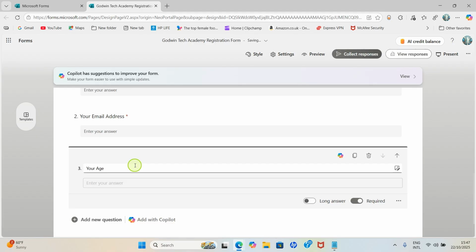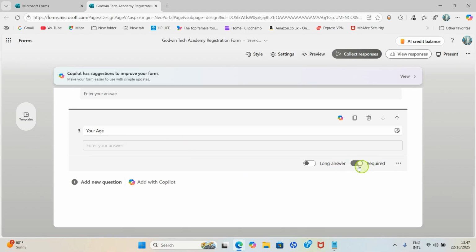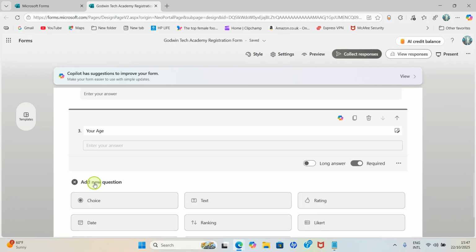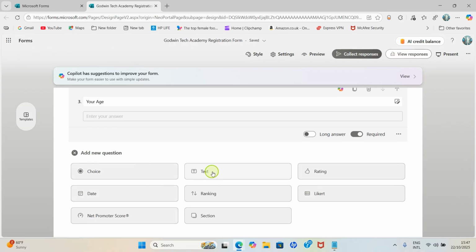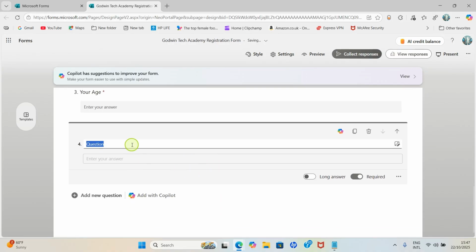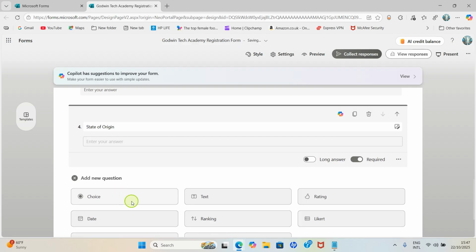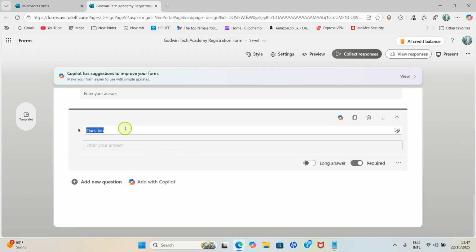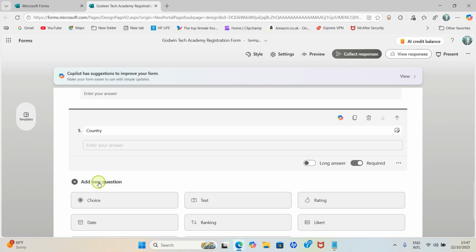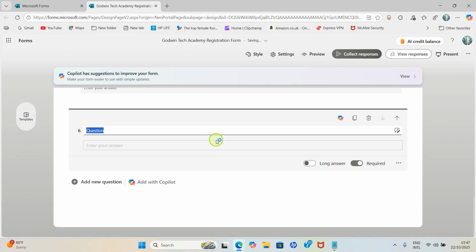Okay. Then after that, this is checked already, compulsory. I'll add another question. Then I will go with text again: State of origin. Then I'll click here to add another one. Text: Country. Then I'll click here to add another one. Then I'll go with text